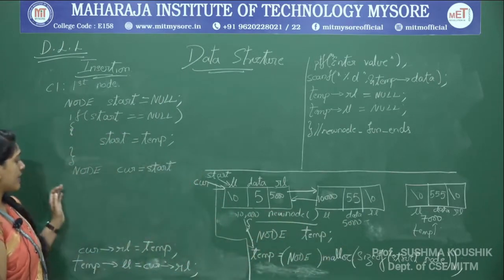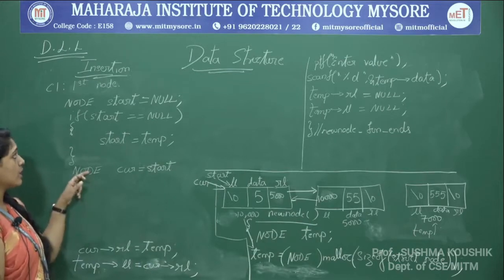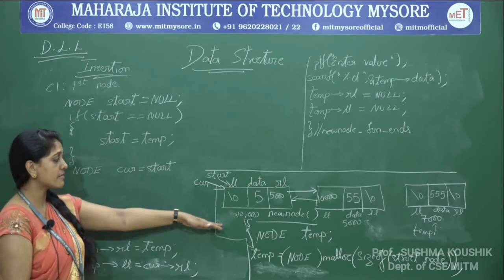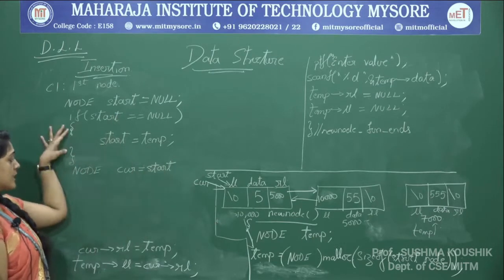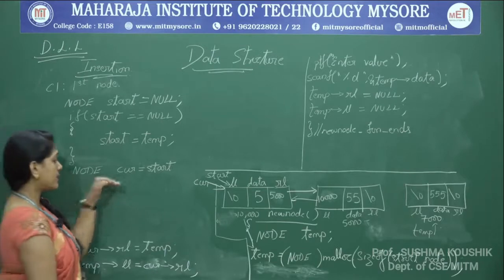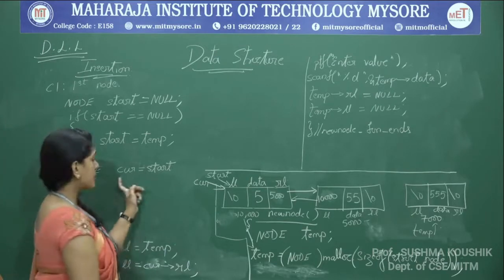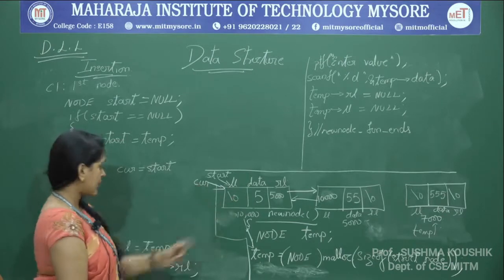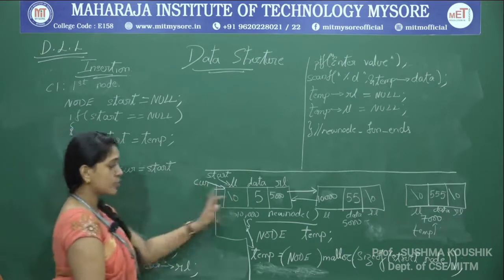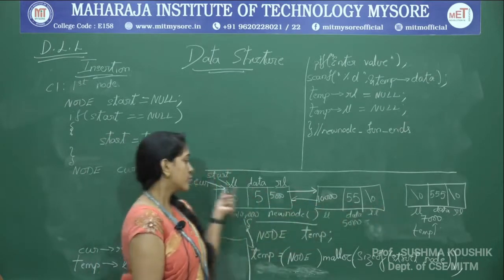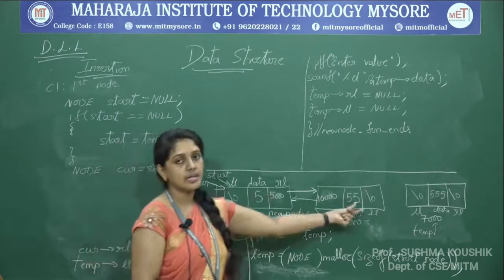Now see, we will repeat this code. This will also come from the beginning. Start is not null, start has some valid address. So we know this case. Case 2, I am coming to the next line. Node current is equal to start. Once I do current is equal to start, current will start from the first node. Now I cannot insert directly because I am not inserting the node here. I am inserting at the last, the rear end. So the current should traverse till the last.